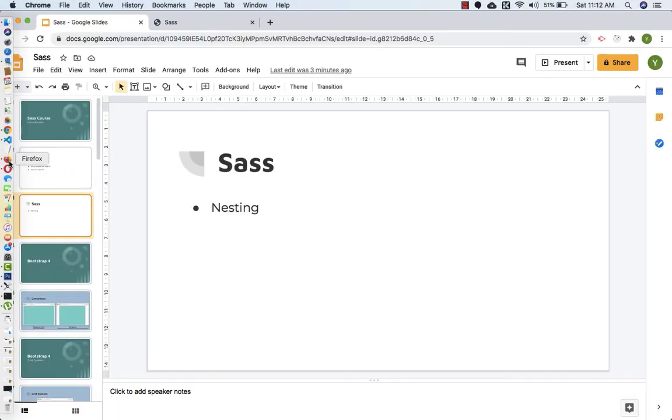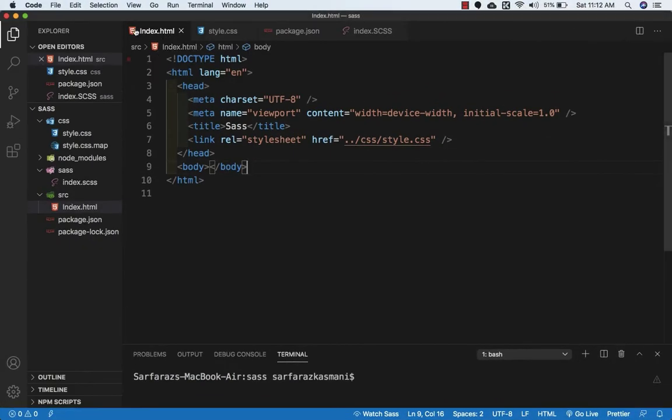Hello friends, welcome back. Let's understand one of the most interesting topics, which is nesting. While writing HTML, you will probably notice that it has a clear nested structure. It means to select a li tag, you could select the container div, then the inner UL tag, and then select the li tag. So let's go to Visual Studio Code and go to index.html, and inside body, I will